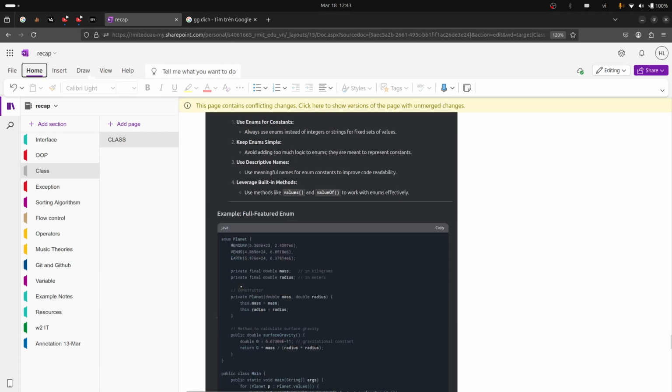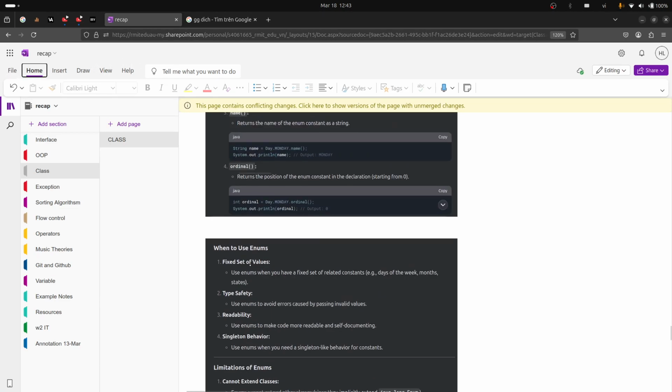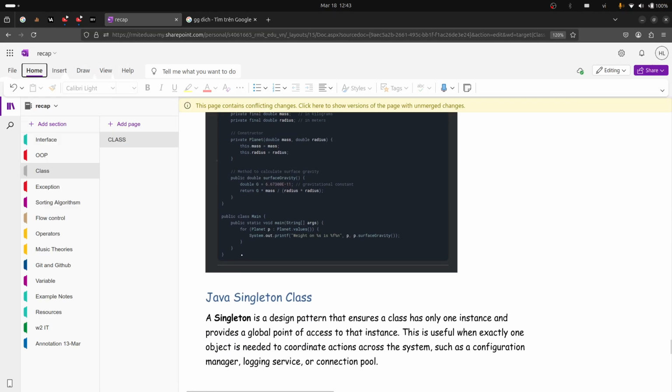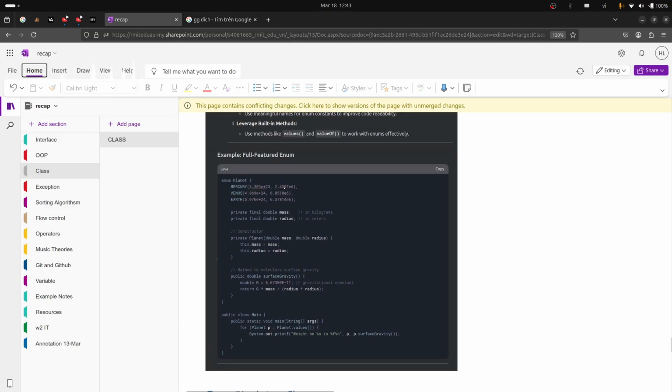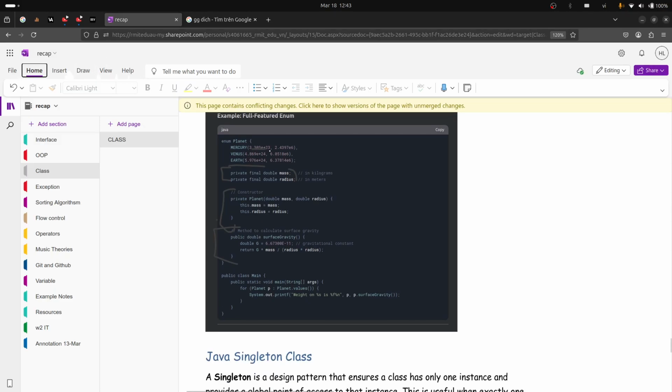And this is all about enum, and this is the example with an enum. Here we declare two fields for the value inside the enum, and then we declare the constructor to initialize the fields for the enum value, and then we use the methods that do some logic here. Right, it uses some of the values and modifies them with the mask right here,